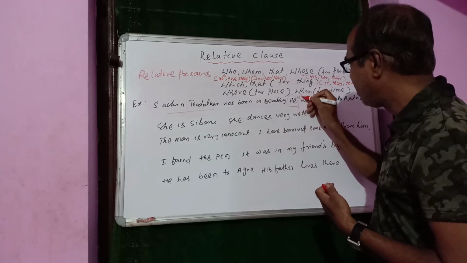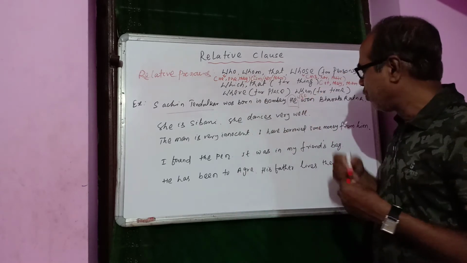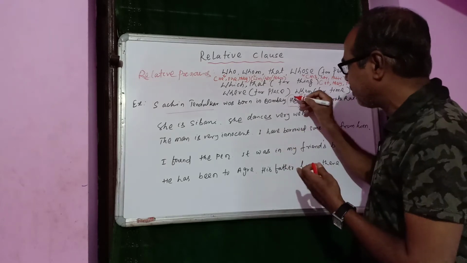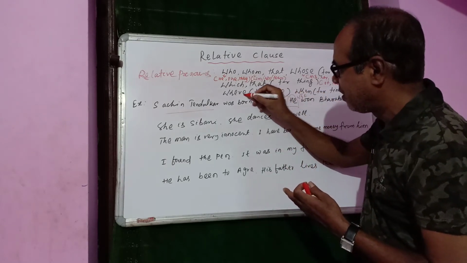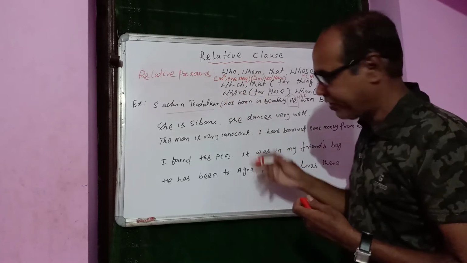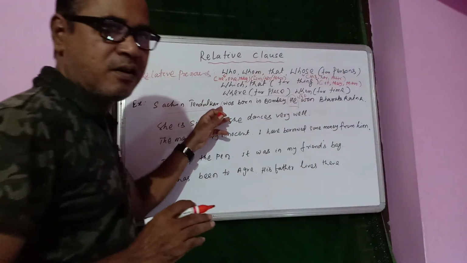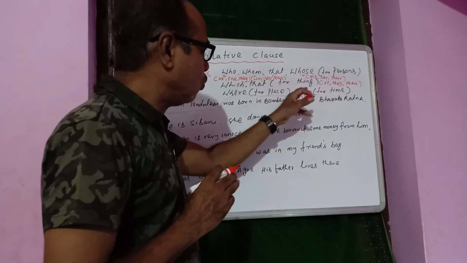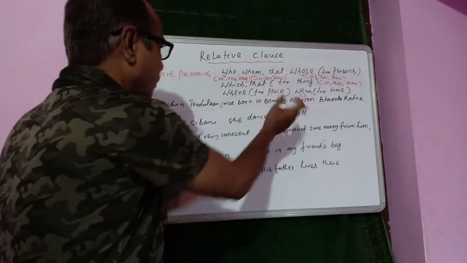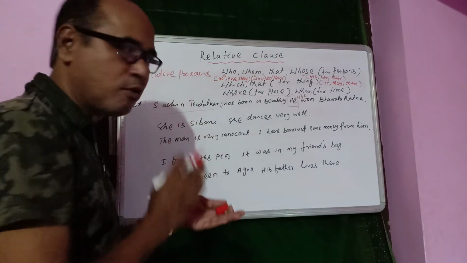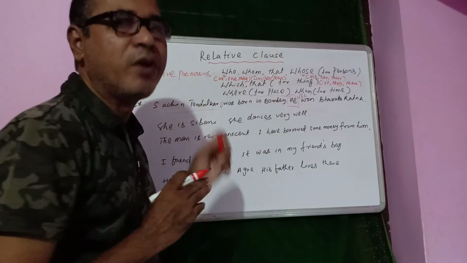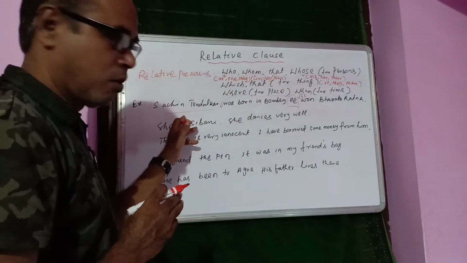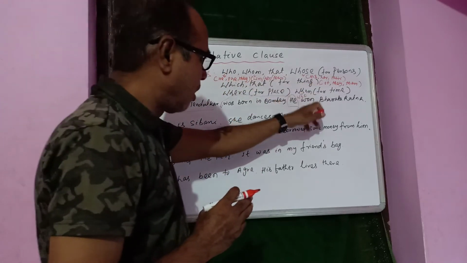Who won Bharat Ratna? It can be placed after Sachin, because "who won Bharat Ratna" modifies Sachin Tendulkar, not Bombay. Are you clear? As it modifies Sachin Tendulkar, we can use this